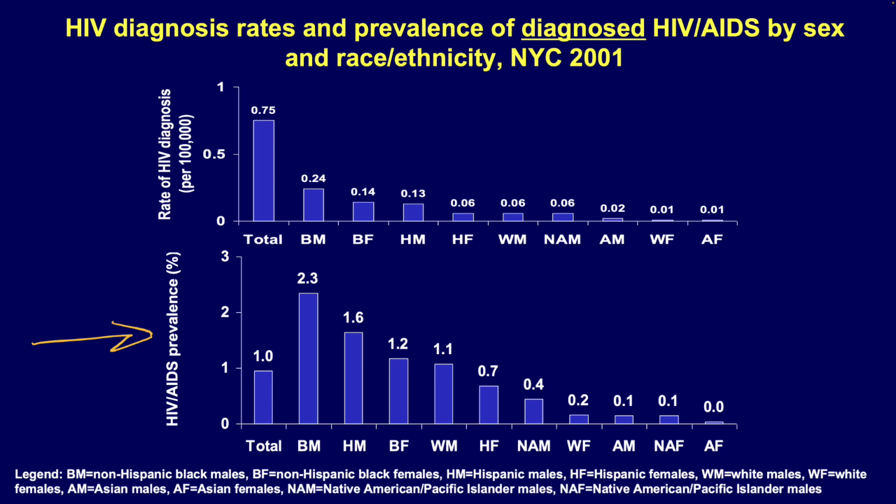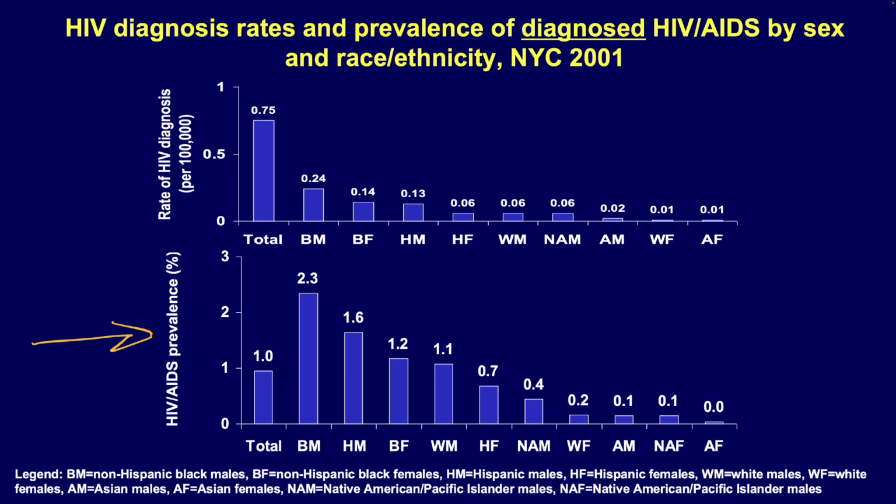People with undiagnosed HIV infection can obviously not be represented in the surveillance system, meaning that these estimates are by definition underestimates of the true prevalence of HIV, which would include both diagnosed and undiagnosed. That said, we estimated that 1% of all New Yorkers were diagnosed and living with HIV,